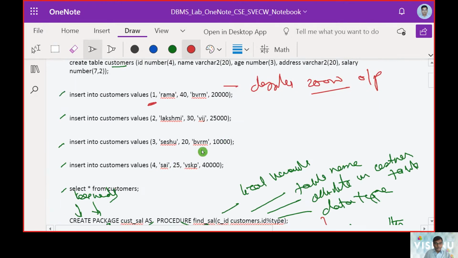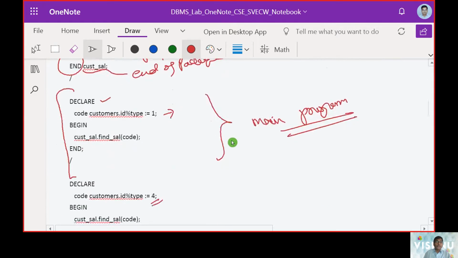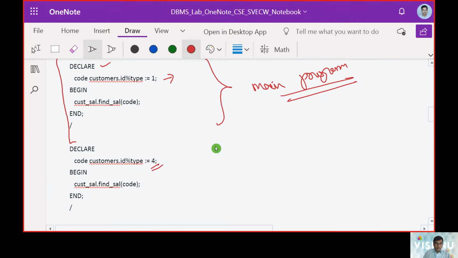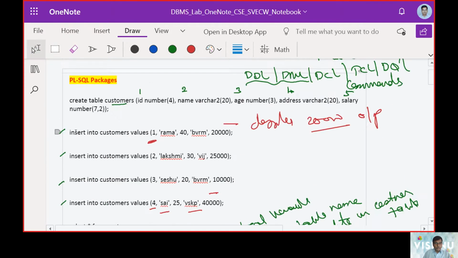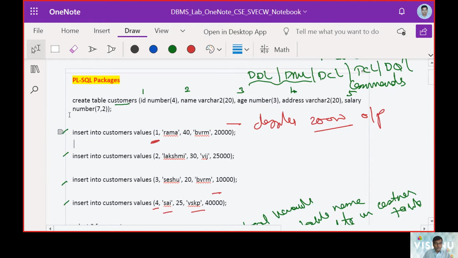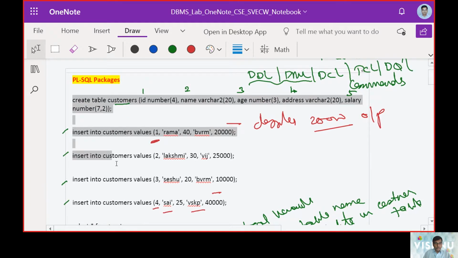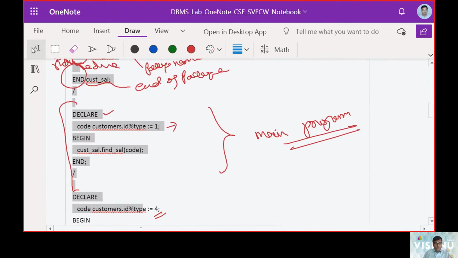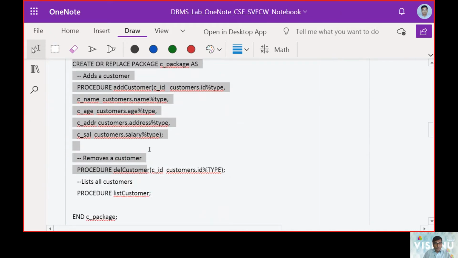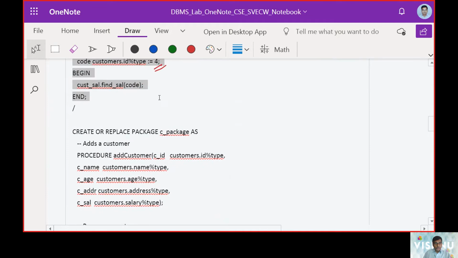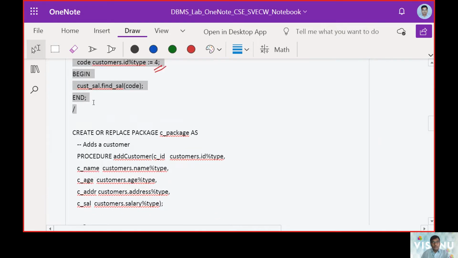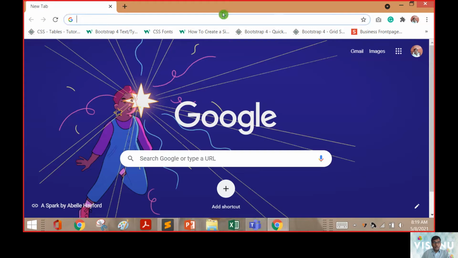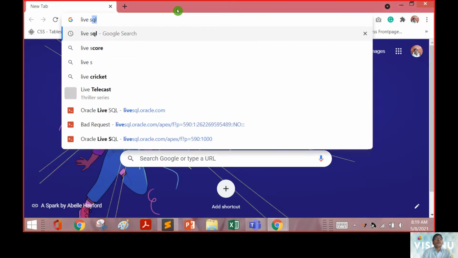Then it is going to expect Sai from Visakhapatnam with 40,000 as a salary. In this way, this was the prime focus: creating a package and doing things via packages, etc. So now let us take this entire workspace into our online PL/SQL editor. Then we will use Live SQL here.